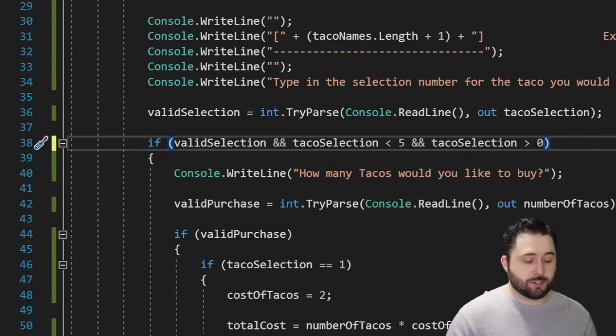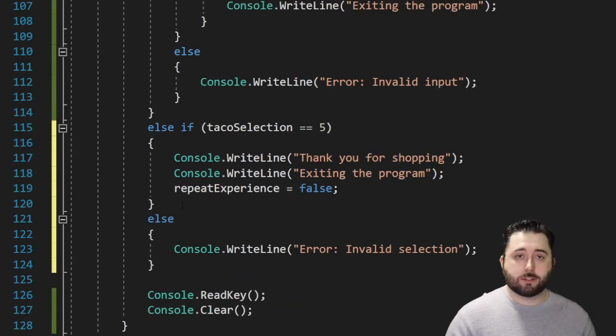Now in this condition check, we check to see if taco selection is less than 5 and greater than 0. So if the user selects to exit, so if they select 5, it's not going to go into this if statement. What we need to do is add an else if. What this will do is if it doesn't go through the first if, it'll check a second condition. Else if taco selection equals 5, we'll thank the user for shopping, display exiting the program, and assign repeat experience